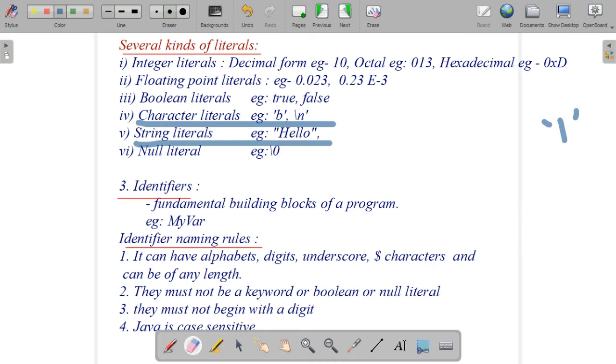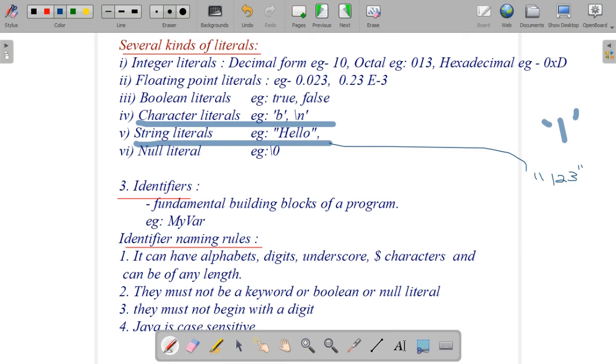There is also another 2 mark question like this: identify the literals. Character literal or string literal, like that they will ask 2 mark questions. So you have to learn that also. Character literal means the characters enclosed within single quotes. String means it is enclosed within double quotes. String means more than one character will be there, and a single character also can be there, but within double quotes means that is a string literal. Understood? So multiple character constants are treated as a string literal.